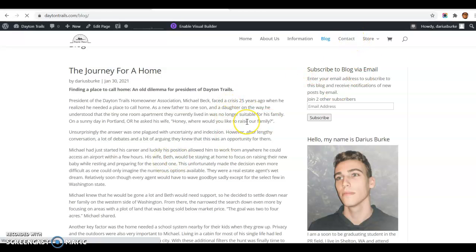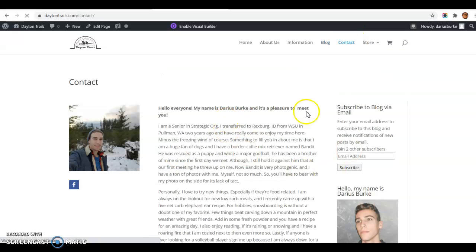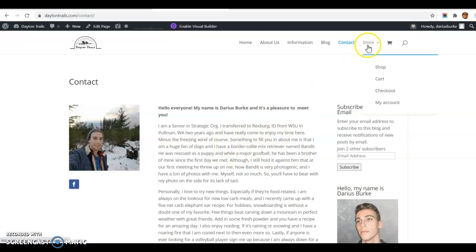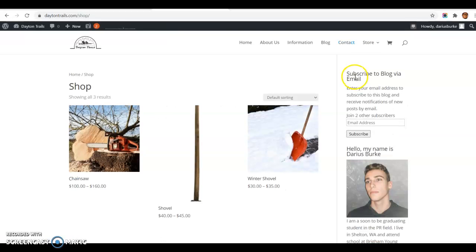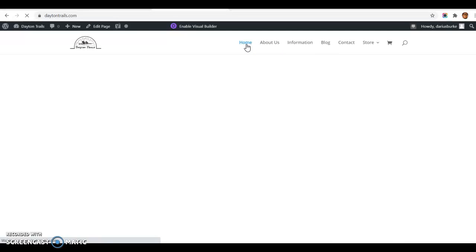A contact page that will be used for the individual who will be maintaining the website, which will be whichever web assistant they hire. And then a shop, they will not be having a shop, so this will be taken down afterwards, but for the purpose of this course, this is what was used. So that's the website, that's kind of what it's used for, and its design and whatnot.